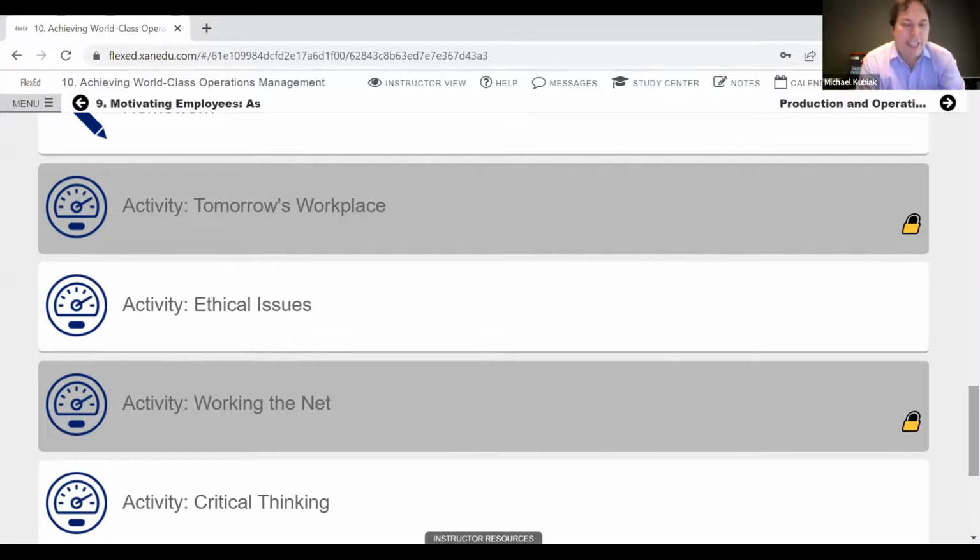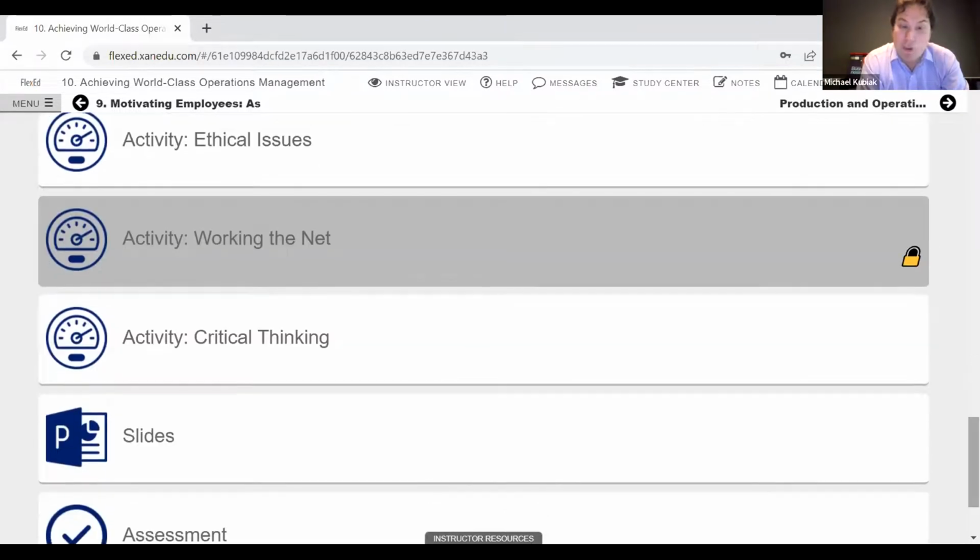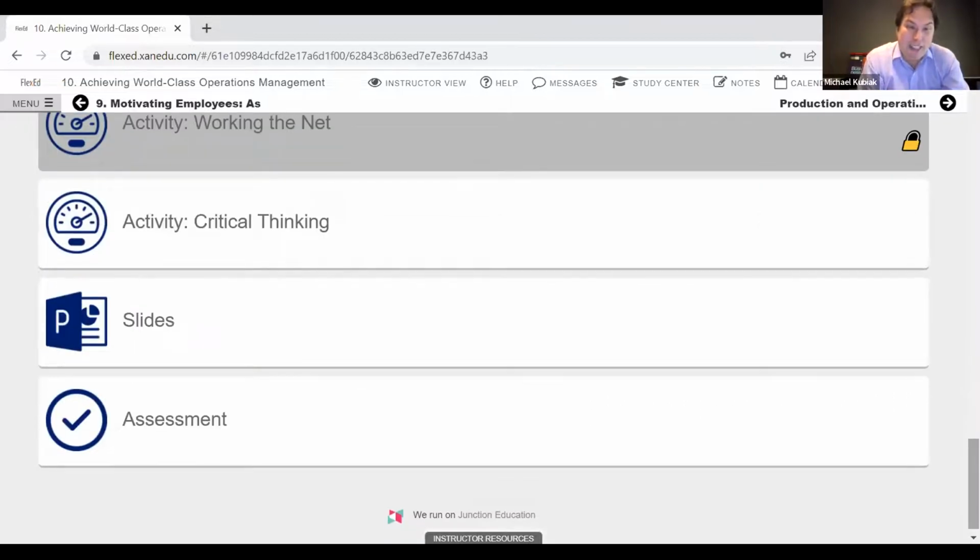So you have a range of assessment items to work with to meet your needs, for both formative and summative assessments. Speaking of assessments, every chapter has an auto-graded assessment that has 25 questions and can be randomized, so students are seeing different questions than their classmates, again with the idea of covering the content in full from the chapter, but not putting you in a position where you have to grade all of that yourself. Those have been a couple of features that we found to be really valuable.